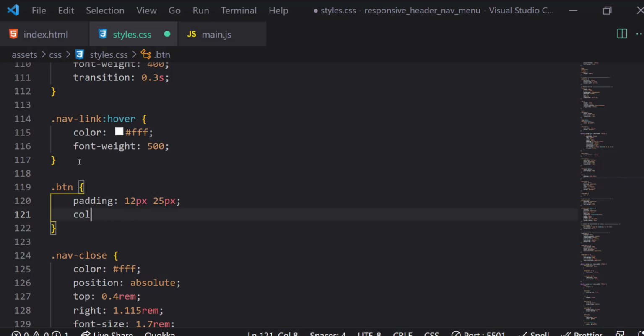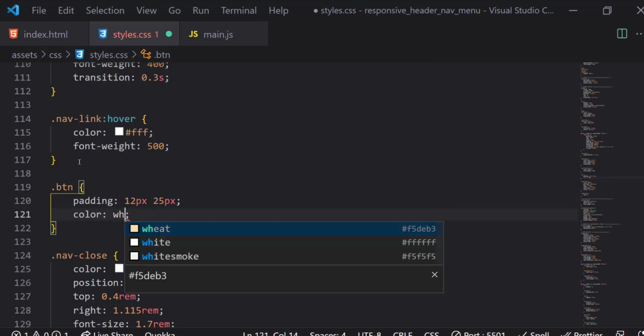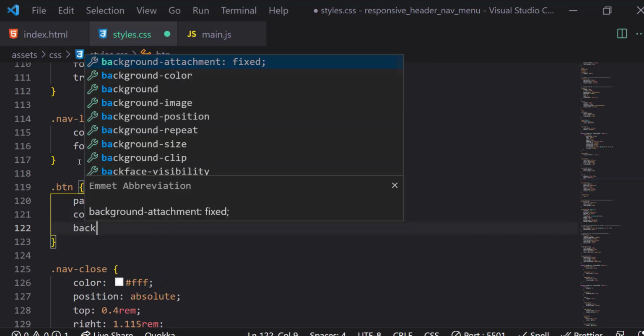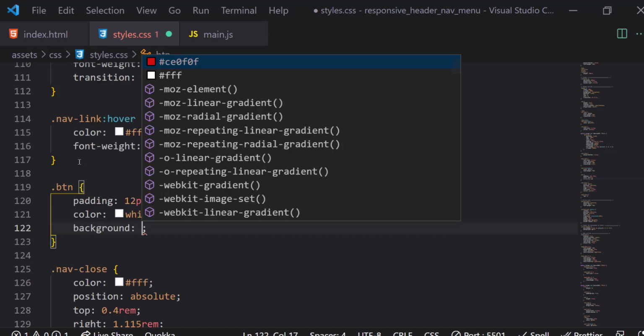And then we can set the color to white, and then the background, we can set the background to